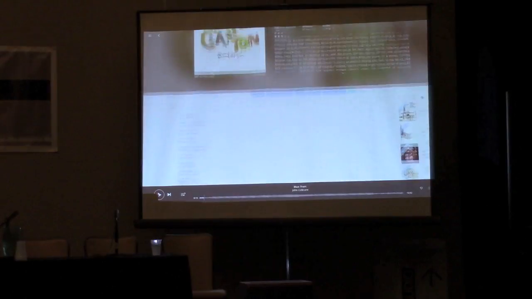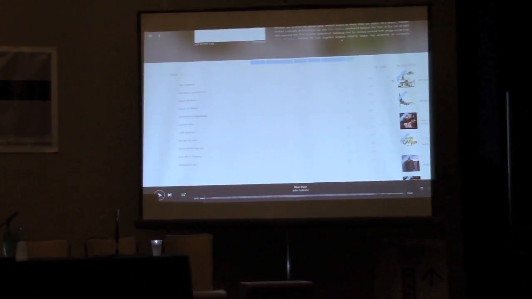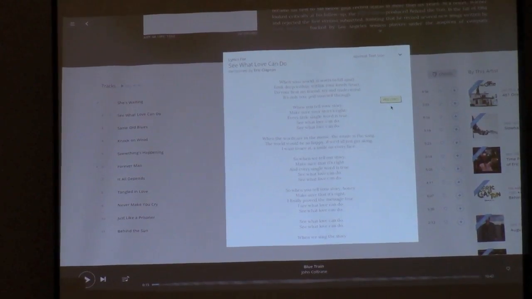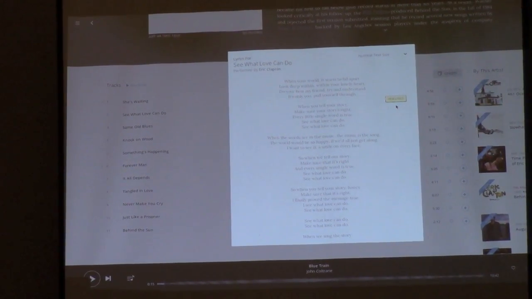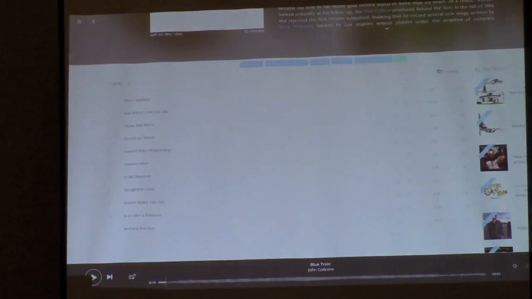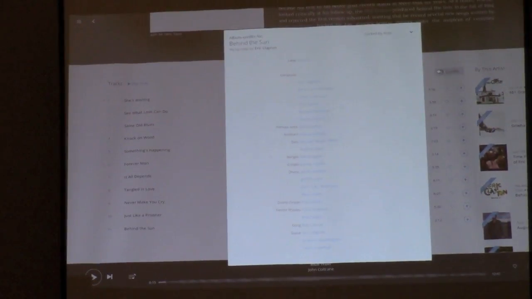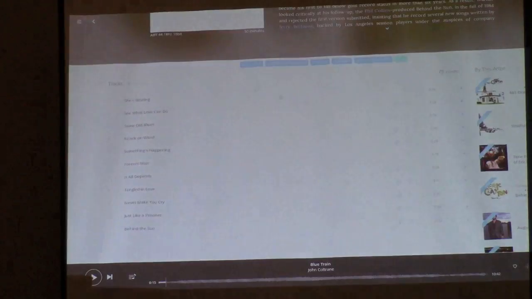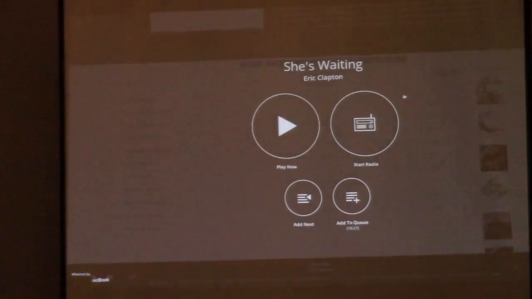If I go down and look at the track list, we'll pull in lyrics for the various tracks, so as you're listening, you can read through the lyrics. We're trying to recreate the experience of owning vinyl when there's no vinyl in the picture. We have credits for the album, which are also what you typically find in the liner notes: the production credits, the composition and arrangement credits, the performance credits, guest artists, things like that. We have that at the album level, and then even down to the track level.